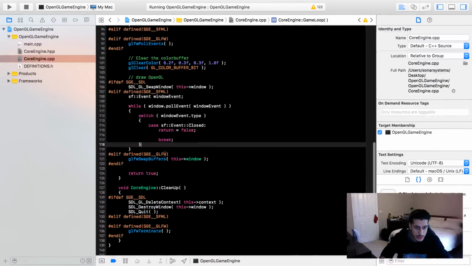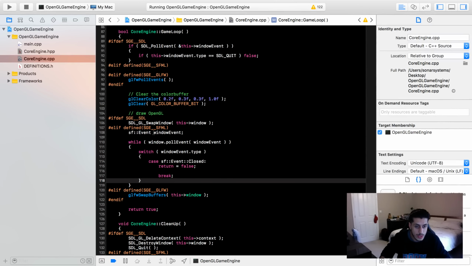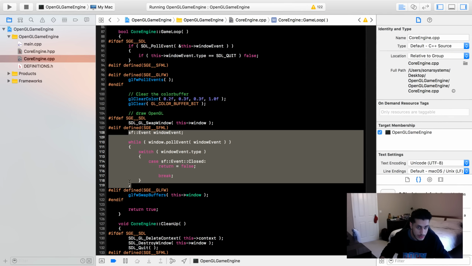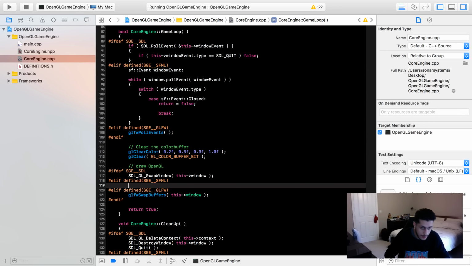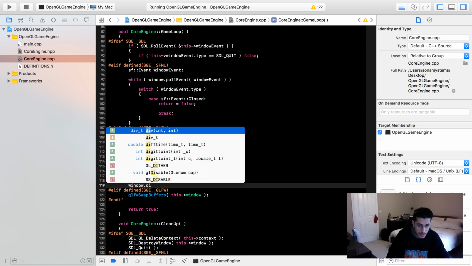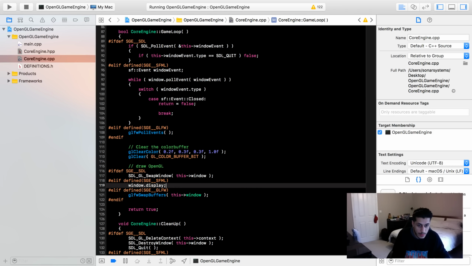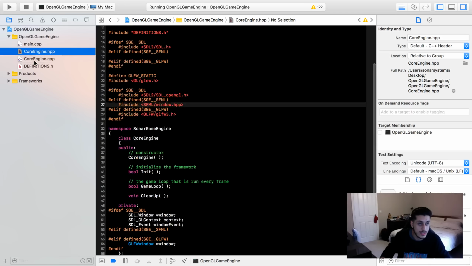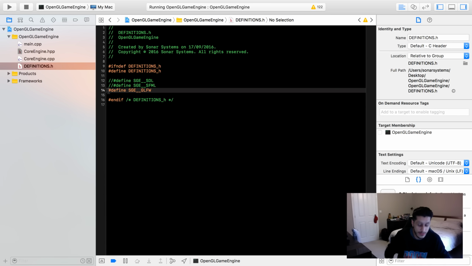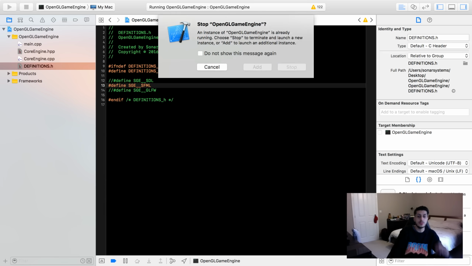Window.display and window.close. Okie dokie, I've put this in the wrong one again. So cut that, put this here. Window.display. Window.close. So hopefully this should just work, but if I go to main.definition file and I just uncomment this out,